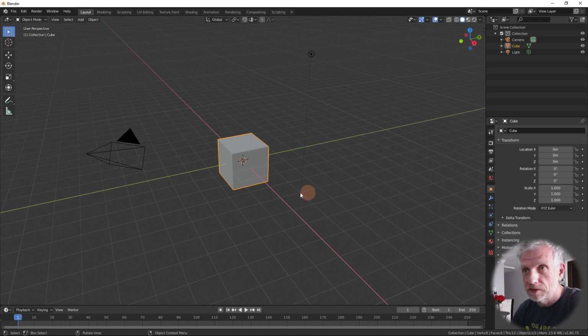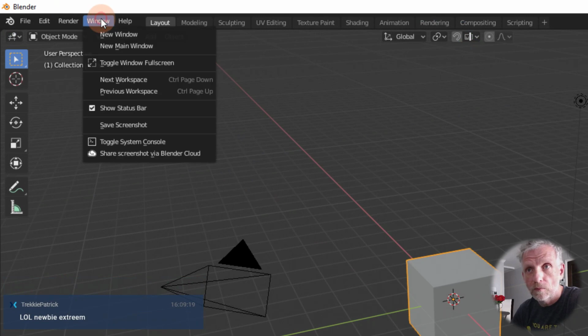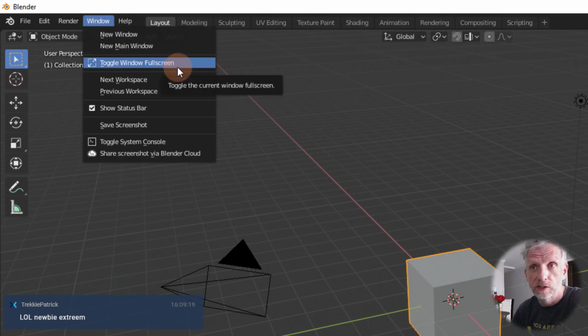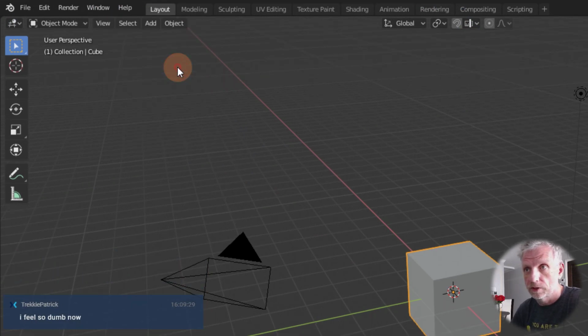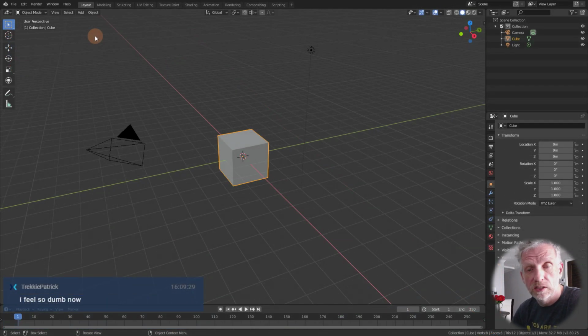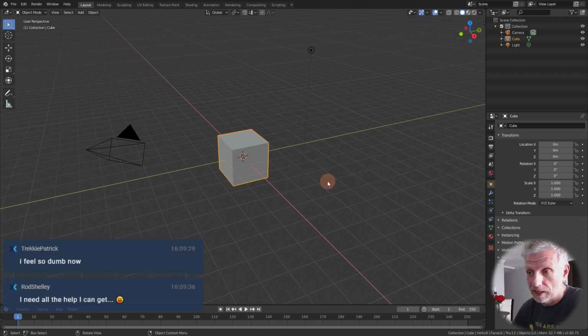So first of all, I'm going to get rid of that gray bar at the top here, because I like to work on the complete full screen. I do that on the window tab up here, and I toggle the window full screen. That's a total personal preference. You don't have to do that. Right now, I've not actually touched anything in the Blender interface. So I thought perhaps a good way to get started here is to